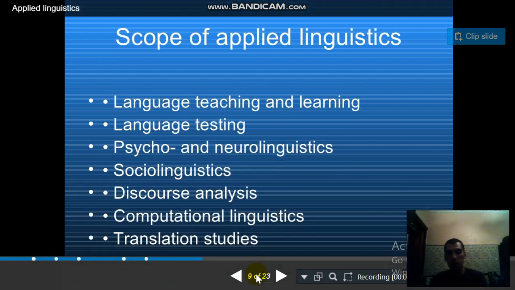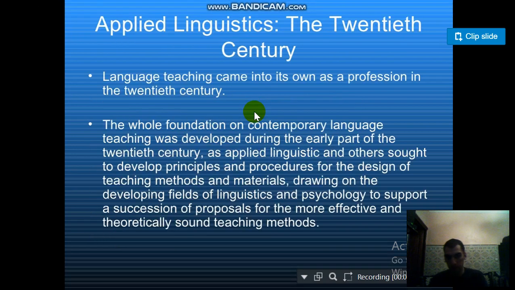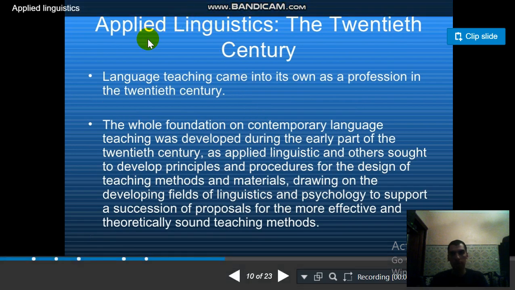So last time we left off at slide number 9, and now we'll continue and carry on from where we left. So we move to slide number 10, which is titled Applied Linguistics, the 20th Century. Language teaching came into its own as a profession in the 20th century. The whole foundation of contemporary language teaching was developed during the early part of the 20th century as applied linguists